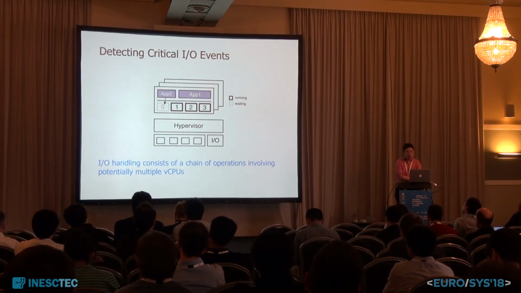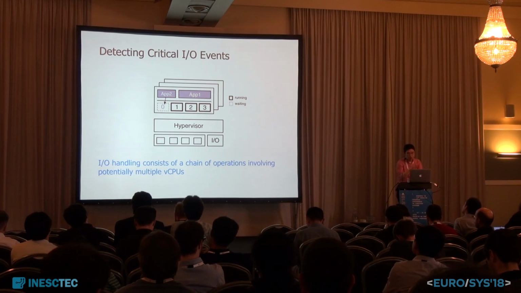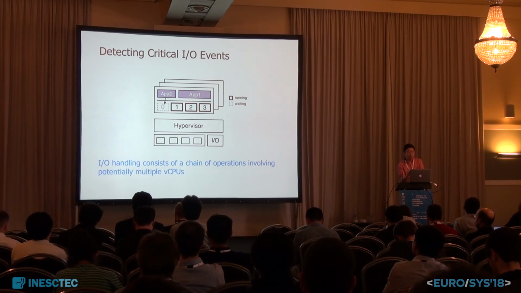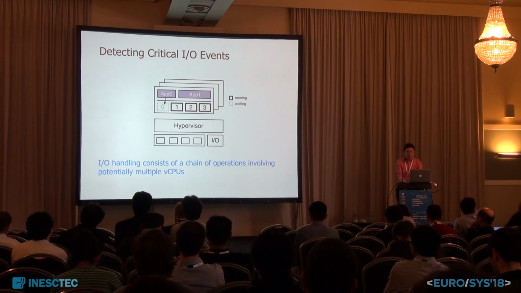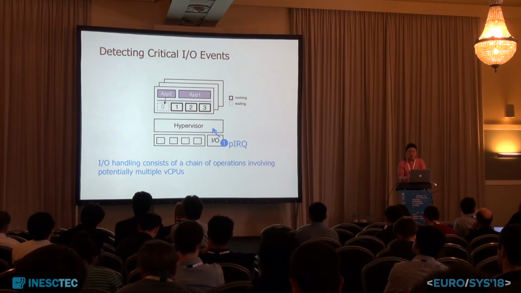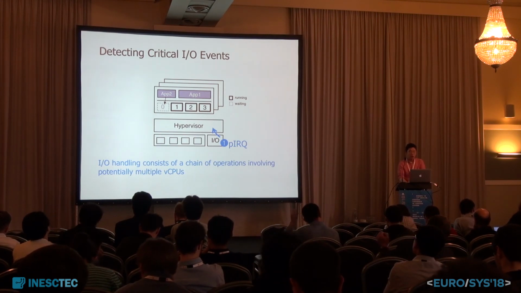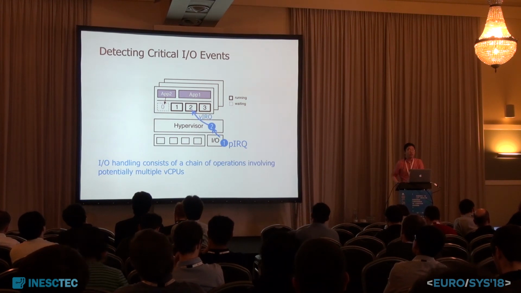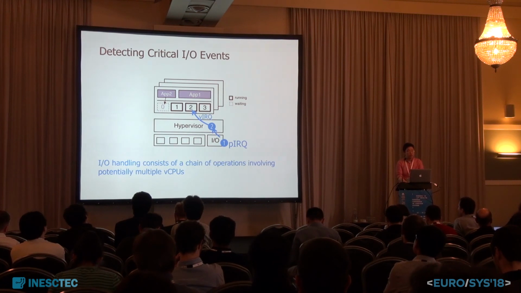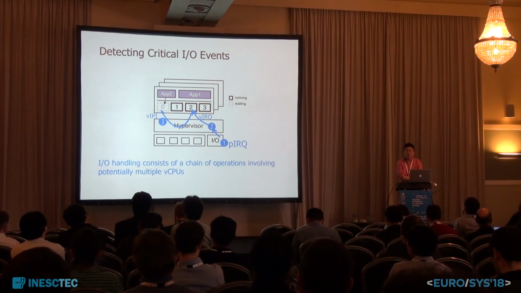Let me move on to how we are able to detect critical I/O events. I/O events occur externally, so the mechanism for detecting critical I/O events differs from the earlier one, glancing at the instruction pointer. Here, once a physical interrupt occurs, let's say a packet arrives, the interrupt is usually intercepted by the hypervisor, and the hypervisor generates a virtual interrupt to the target virtual machine. Finally, the guest OS will generate the virtual IPI to let the application know the data packet is prepared to be consumed.